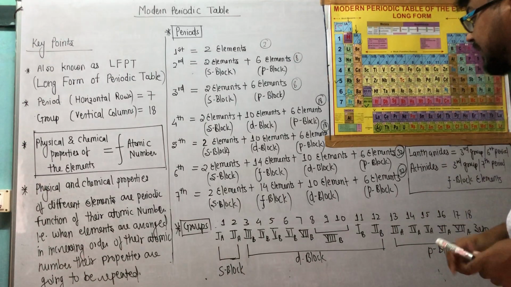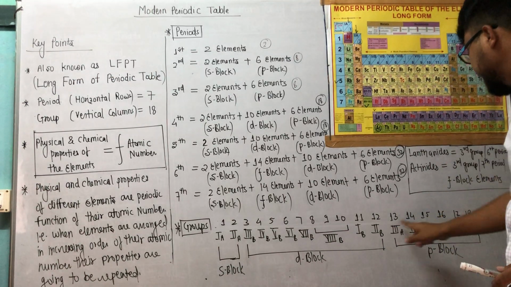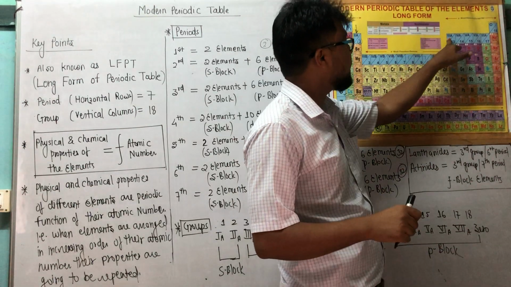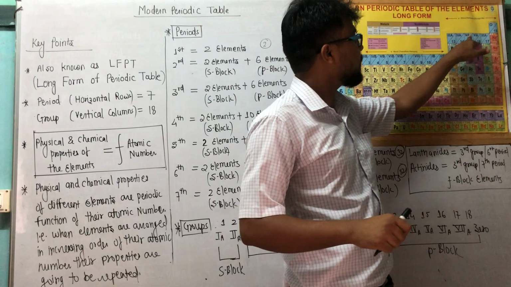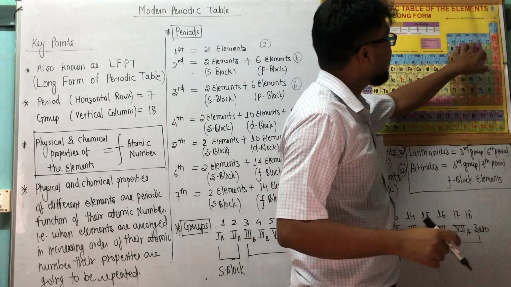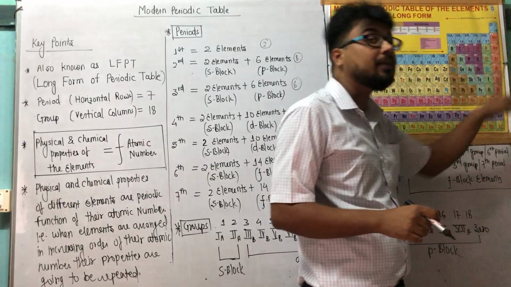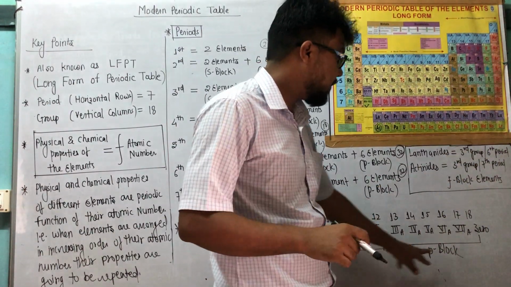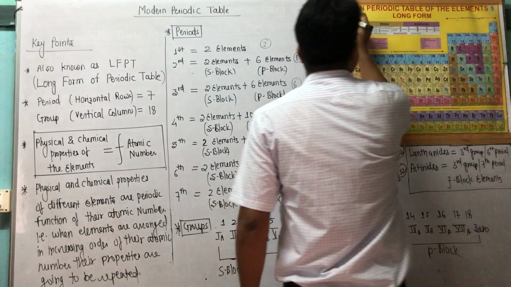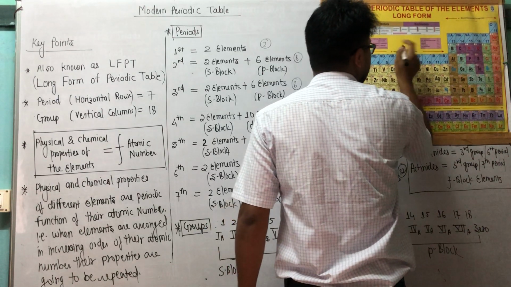And next here, see 13 to 18. After second A it is third A, fourth A, fifth A, sixth A, seventh A and 0. So this is 13, 14, 15, 16, 17. What is this? P block elements. 13 to 18. Here it is written P block, here it is written S block, and next is the turn of